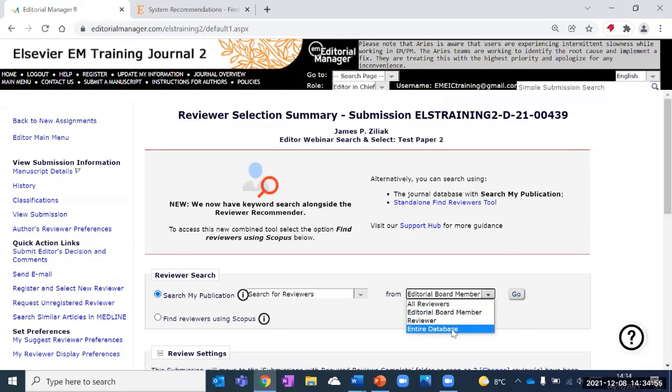The other filter that I want to draw your attention to is entire database. And this effectively removes any filter so that you're looking at all of the profiles in the system. And this is important because you may be looking for someone who is in the system, and when you conduct your search, you can't find them, and it's confusing as to why that scenario arises. And it could be that they don't yet have a reviewer profile. They have an author profile, but not yet a reviewer profile. And so searching the entire database allows all of those profiles to be seen and will make your search more